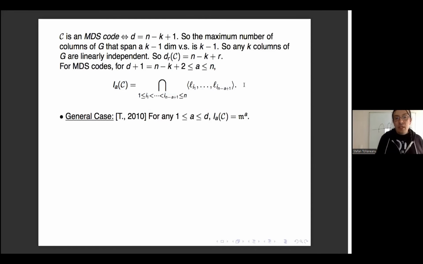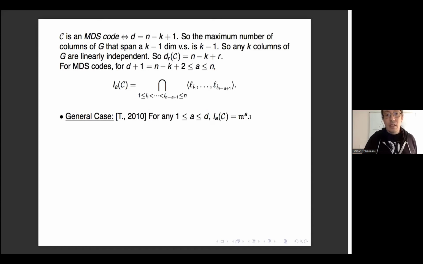So now in the general case, I showed in 2010 that every time we are in the other range, it doesn't matter what kind of linear code we have, any linear code, if A is between 1 and the minimum distance, we always get the power of the maximal irrelevant ideal. So not only is the height as large as possible, we get that the ideal itself is a power of the